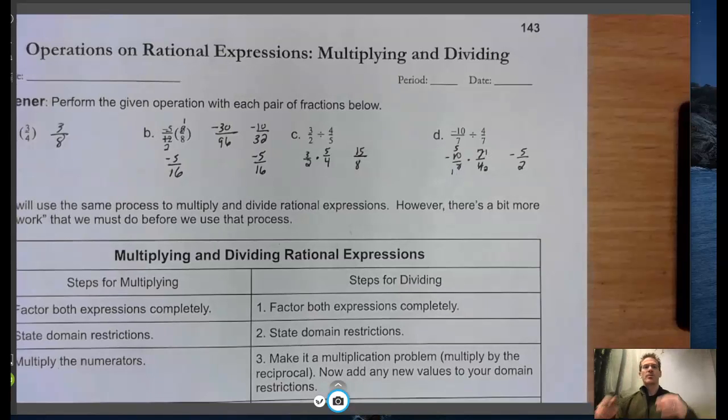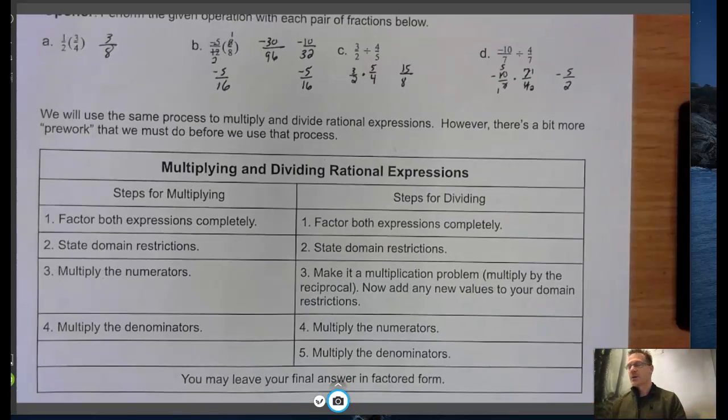All right, so that's really a review of how we multiply and divide fractions, which is really like 90% of the problem when we do multiplying and dividing rational expressions. Now let's talk about some adjustments here. One is we do have to factor everything completely, and part of this is 2